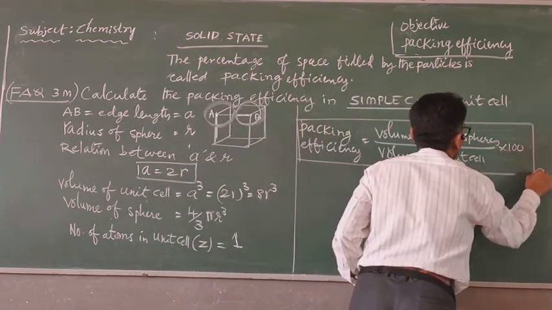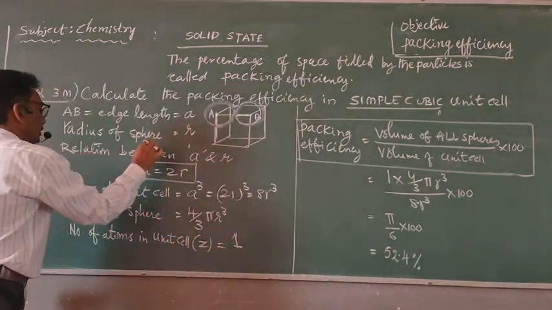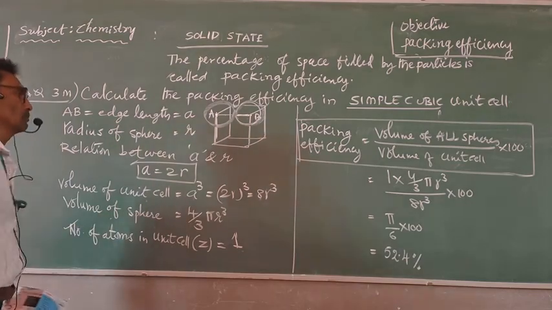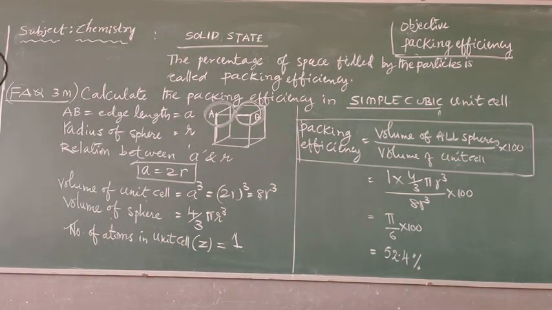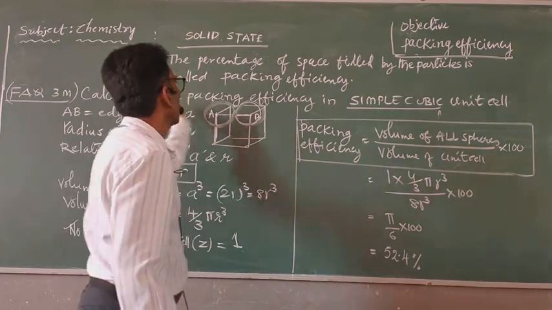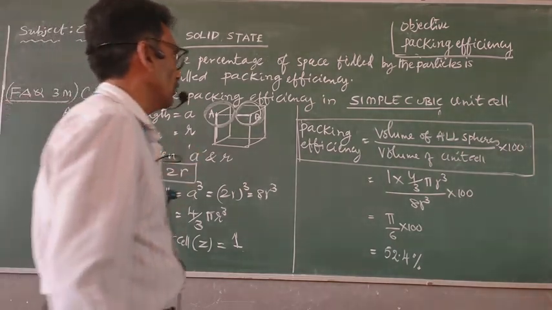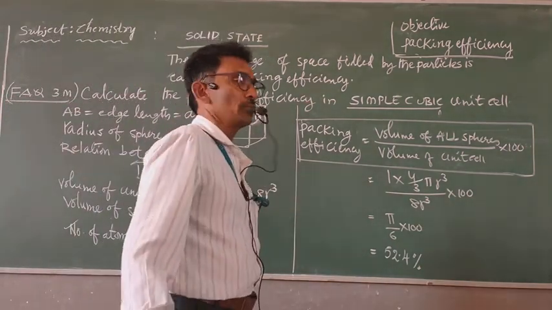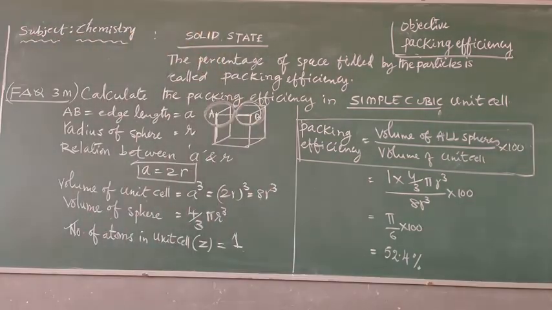The key points of this one. This is another one. This is third one. So maintain this one and it is possible to get 3 marks in the final Karnataka board examination. That is sufficient. Only half of this space, nearly half of this space is filled by which type of unit cell? Simple cubic unit cell is the answer.